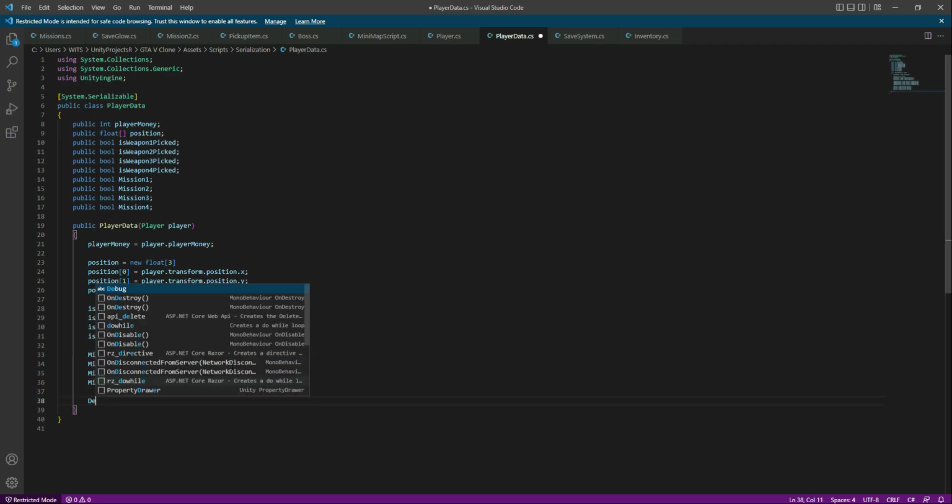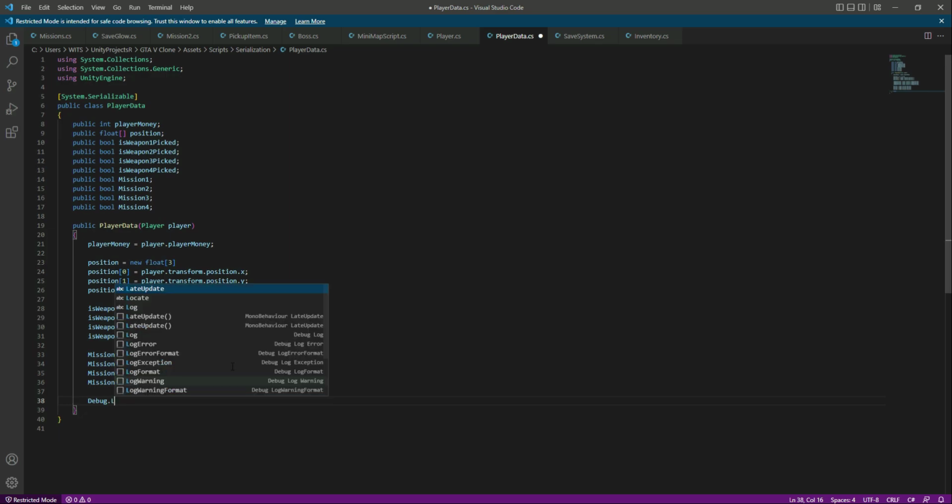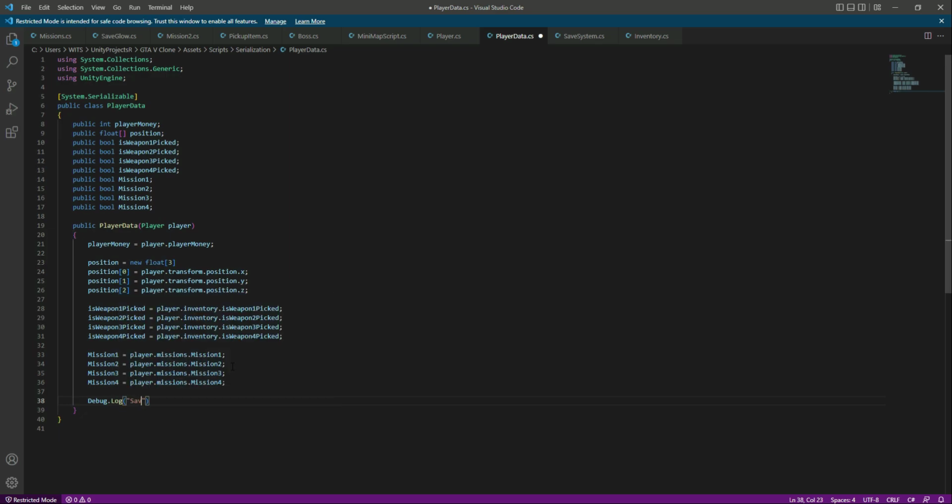And also we want to show some text in our console so that we know whether our game saved or not. So we will simply debug a message by the name of save. So now once you take all of the data from the player script and save it right here on the player data,